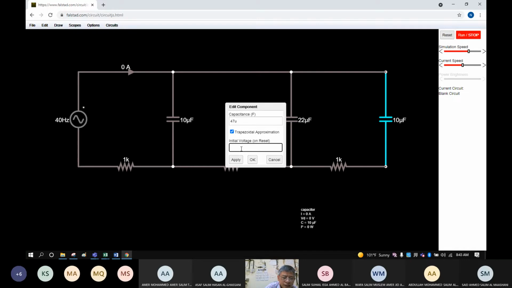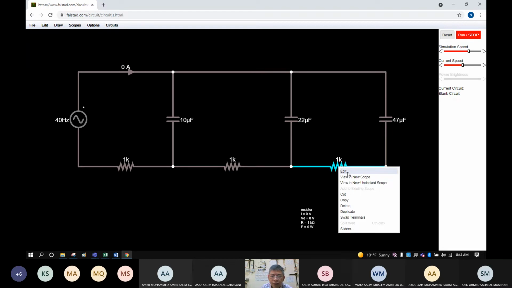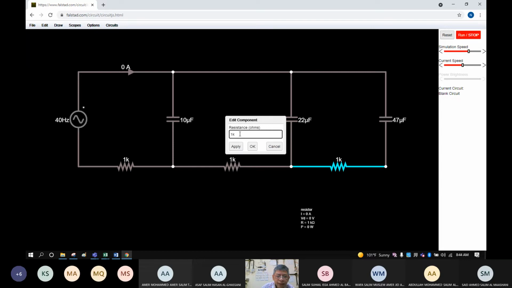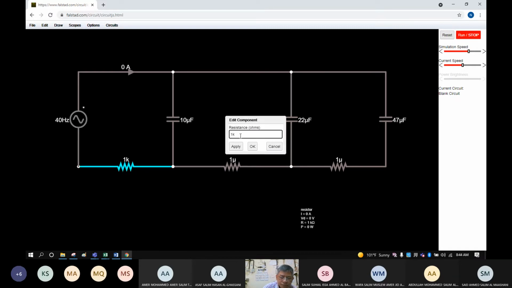Then make this as 0. Then click OK. Then this 1K, we need to change also this 1K. Edit, we will make it as micro ohm, and this edit micro ohm. Then this also, it is in micro ohm.